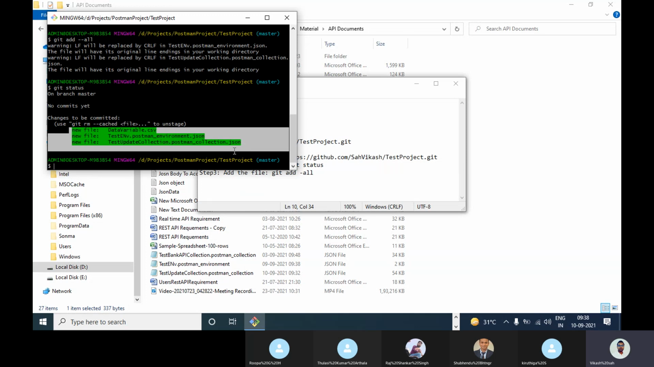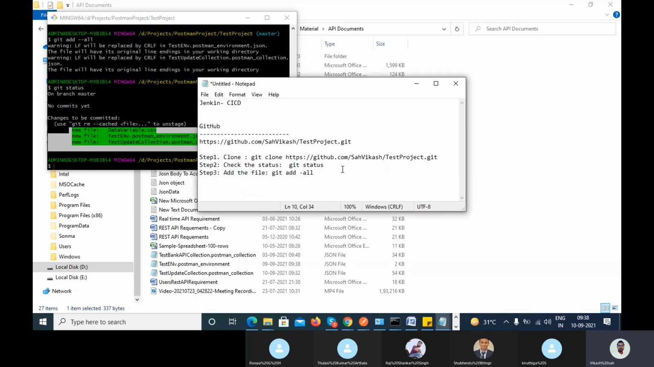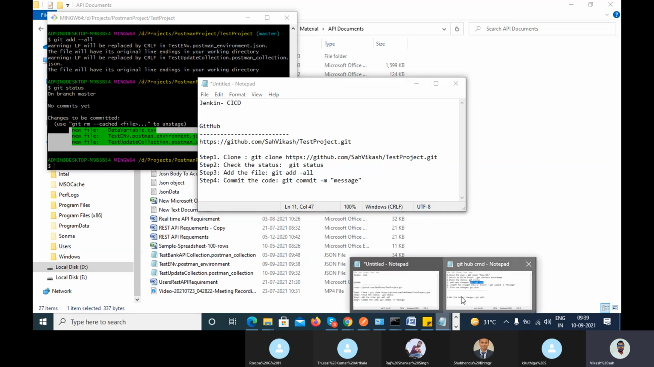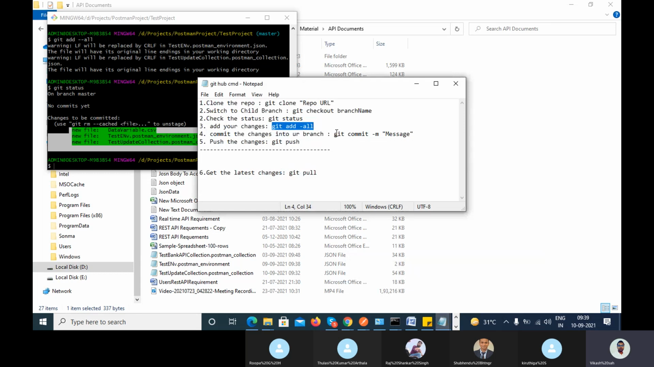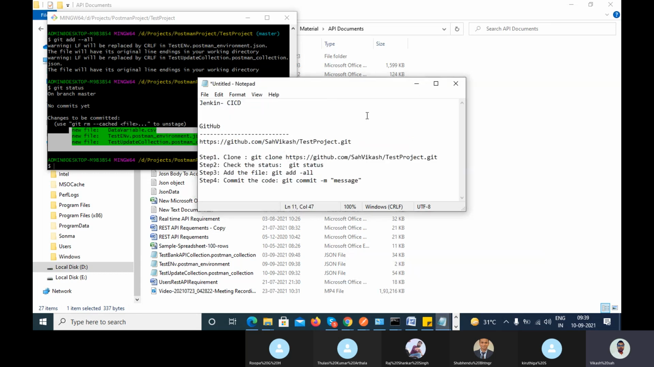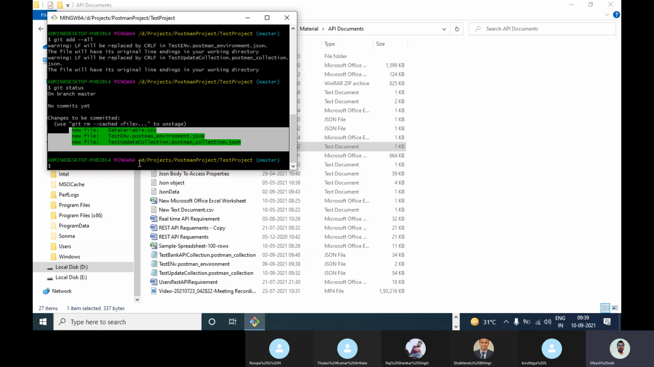Now you have to commit the things. After that you have to commit. Fourth step is commit the code. Okay, how can you commit? We have the command git commit and the message which you want. If you want any message, then you can write the message. Let me check whether I have written the correct command or not. Yeah, fine. So what I can do, git